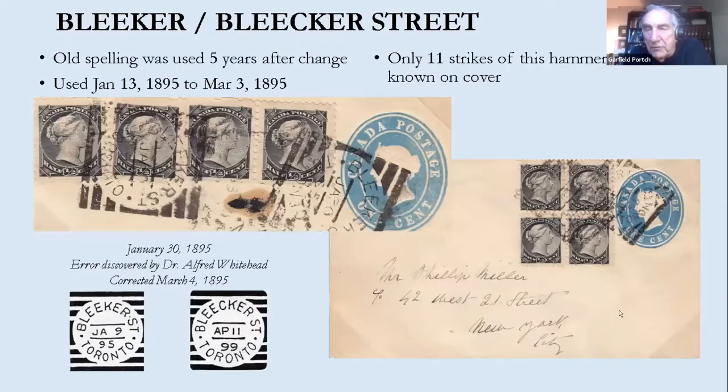This is one of my favorite pieces out of Bleecker Street. Everything was changed after to the C, but after the post office was changed to a C, they came out with a squared circle hand stamp, and guess what? There's no C in there at all. And Dr. Alfred Whitehead discovered this, and this is his discovery piece, which he published in BNA Topics. And I don't have the date offhand when he published it, but the